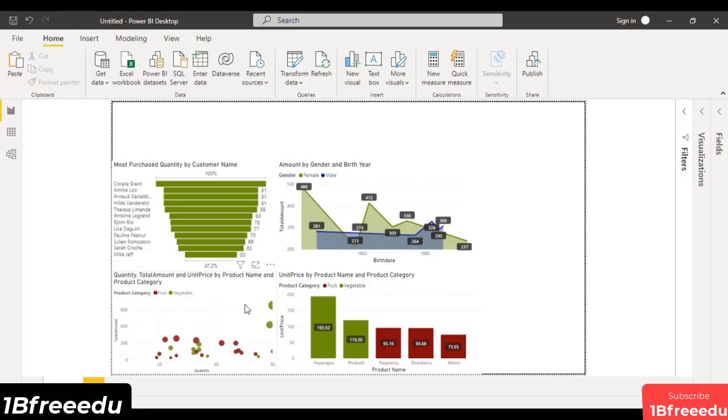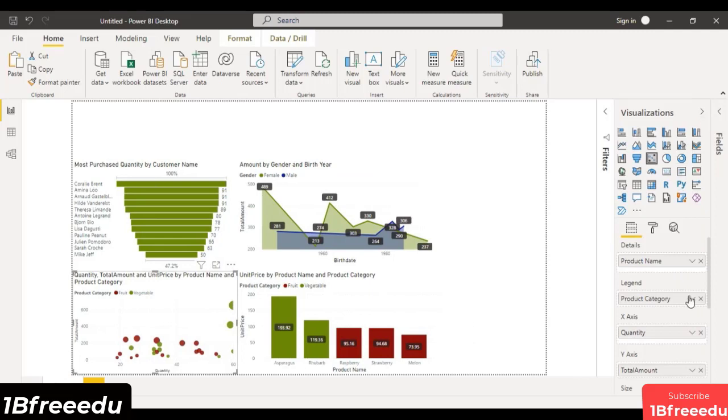Now let's take a look at how we can change the titles of the visualizations. There are two ways to do that. Either you can click on a visualization, go to the visualizations pane and change the things that have been used over here. Like unit price is used here, so I can just write unit space price. Okay, that looks better, a little bit better than the unit price that we were getting before.